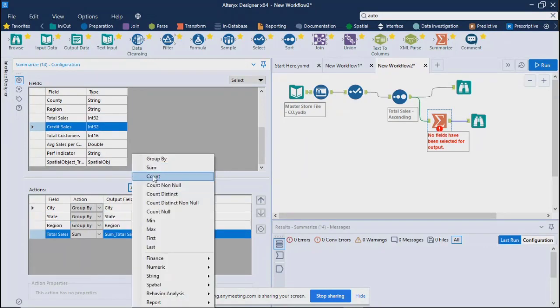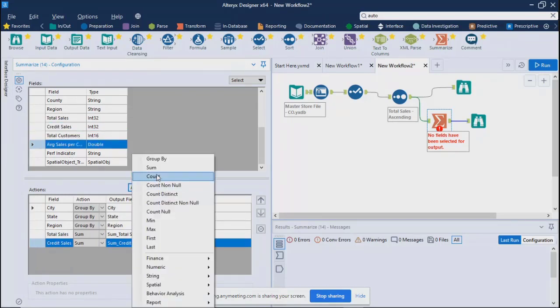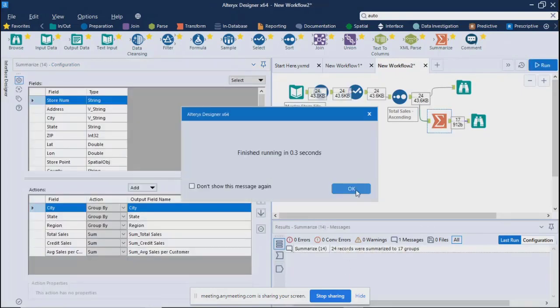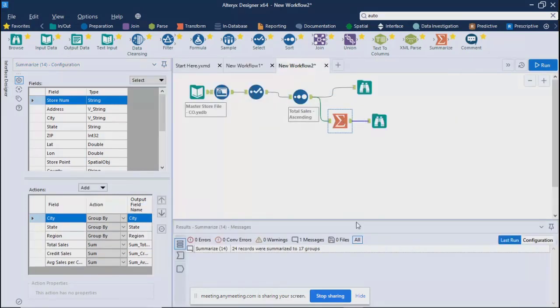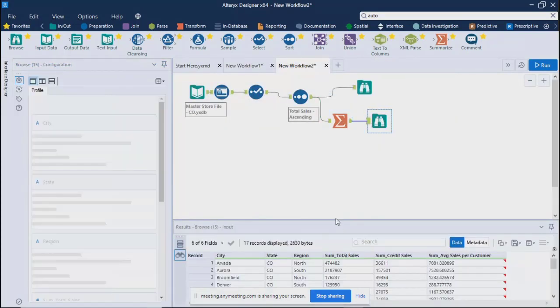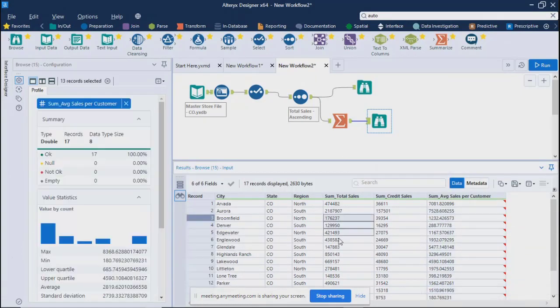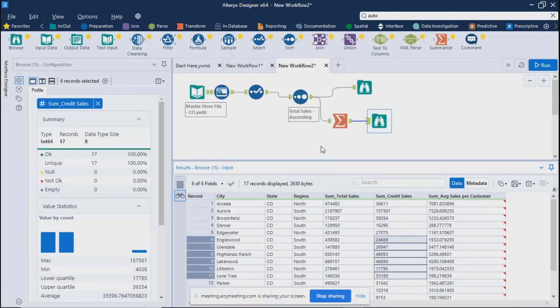So that's how you can take the summary of your data. And as soon as you do it, you get your results over here: city, state, region, and then sales summary with the columns which we selected.